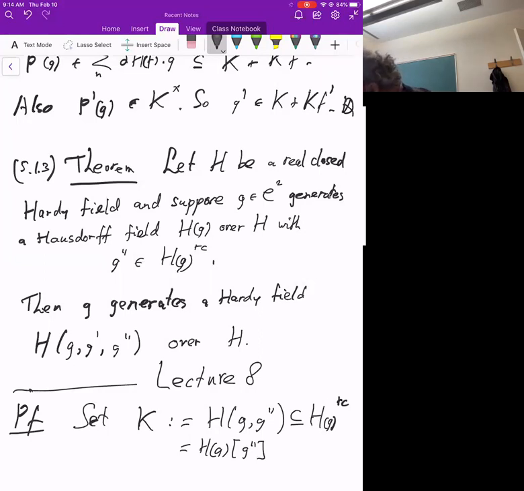And of course, everything is in C2 now. All the elements of H are C2, G, and